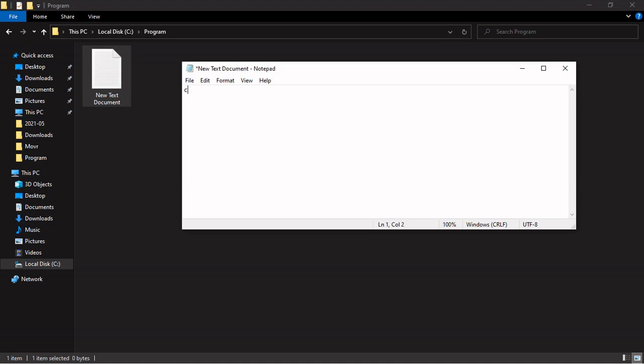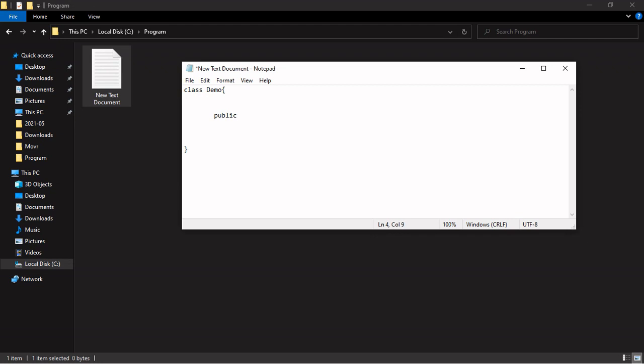So I'll start with the class. Class is a keyword in Java which is used to declare a class. Now it is followed by the class name. I'm keeping it as demo. Now here are the opening braces and closing braces, which indicate the opening and closing of the class. Now I will be writing the main function inside it.